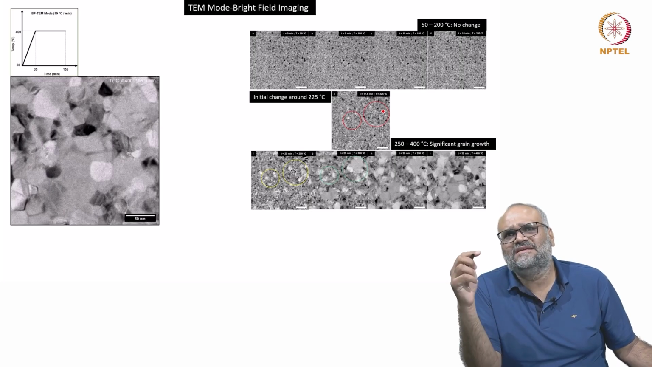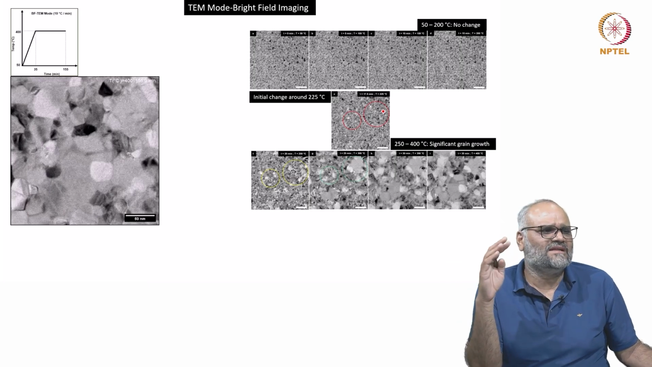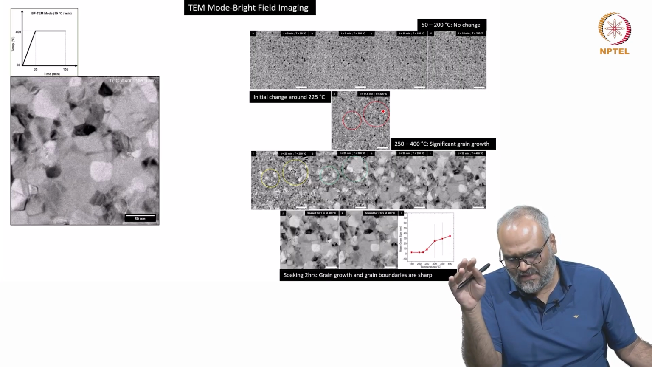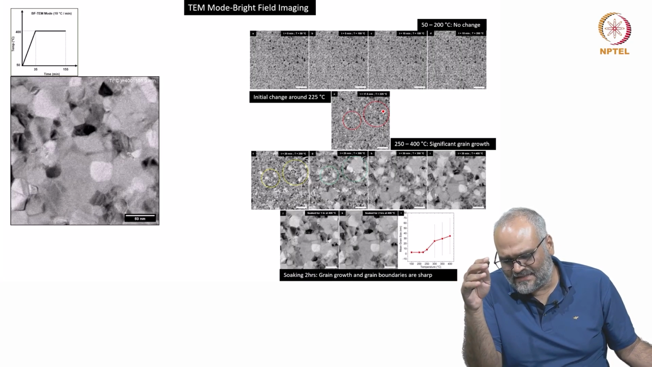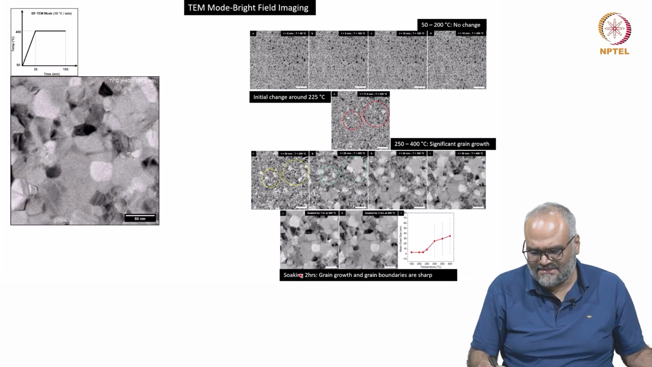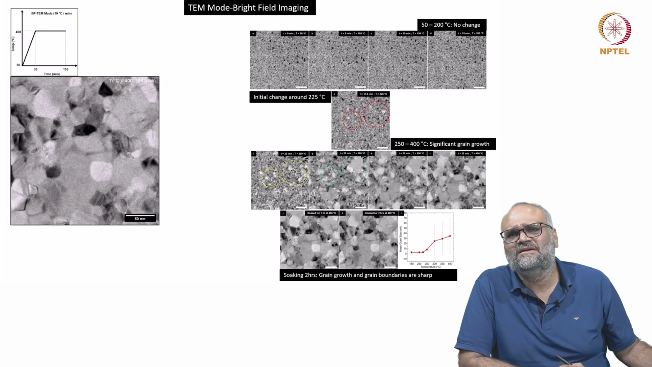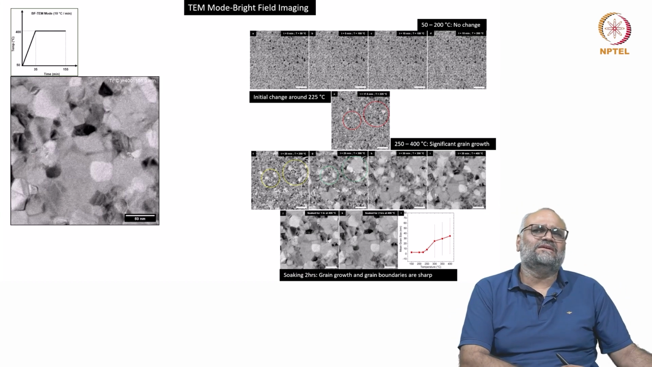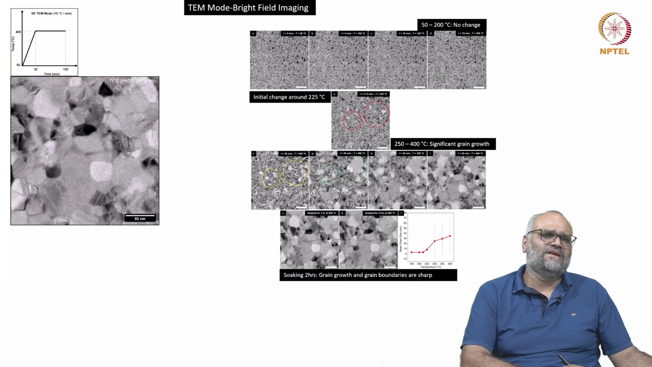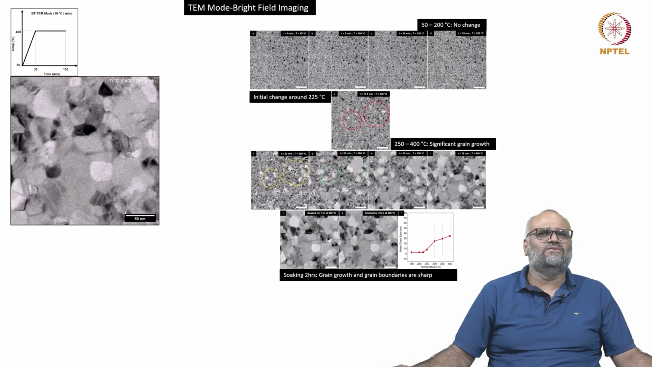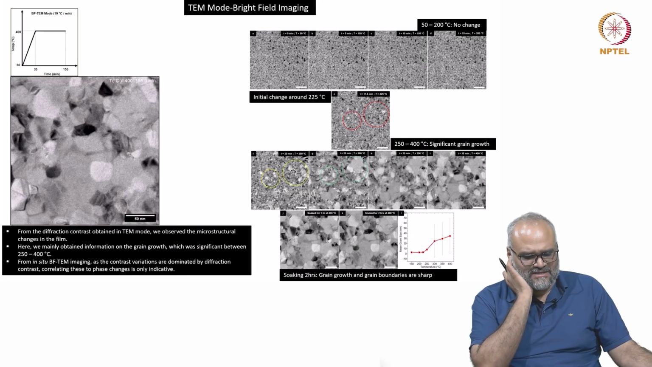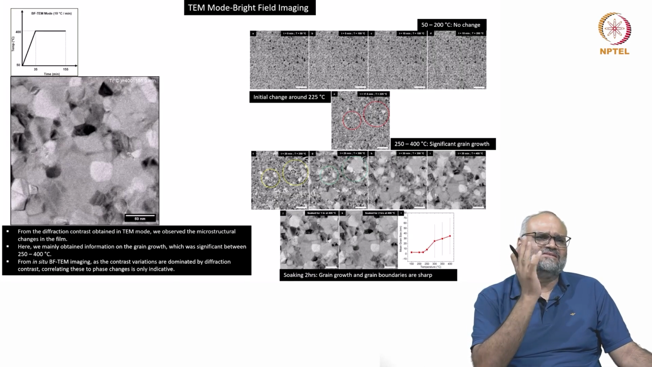So within this region below 250 degrees centigrade, there is something interesting that is happening. If you plot the grain growth kinetics, you see that beyond 2 hours there is only grain growth and the grain boundaries are appearing more and more sharper, but all the interesting transformation or the phase separation is actually happening below 250 degrees centigrade. So if you look at the diffraction contrast obtained in TEM mode, you see the microstructural changes in the film,